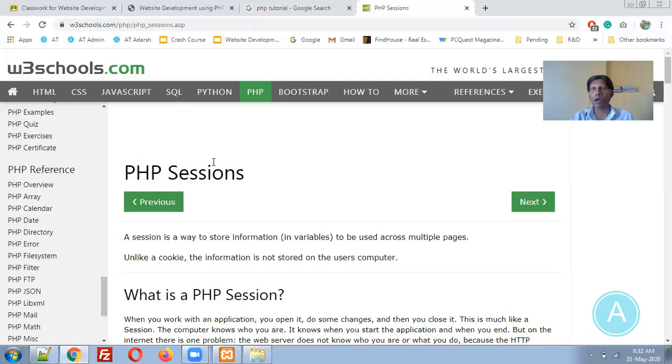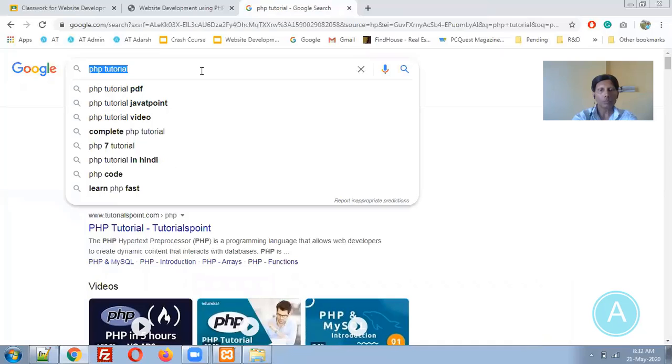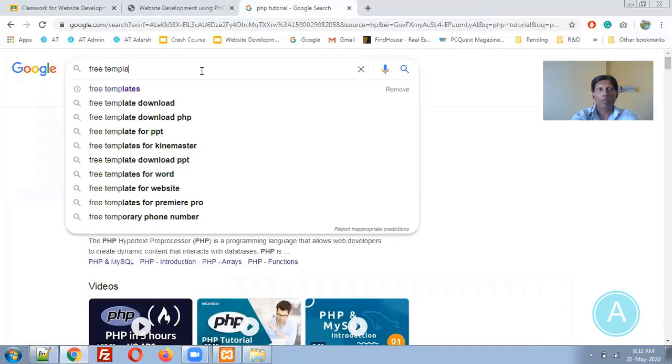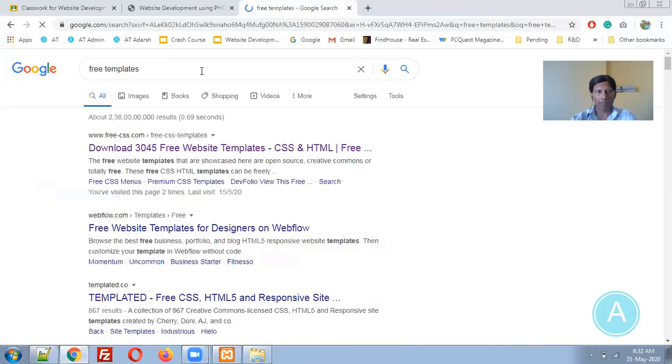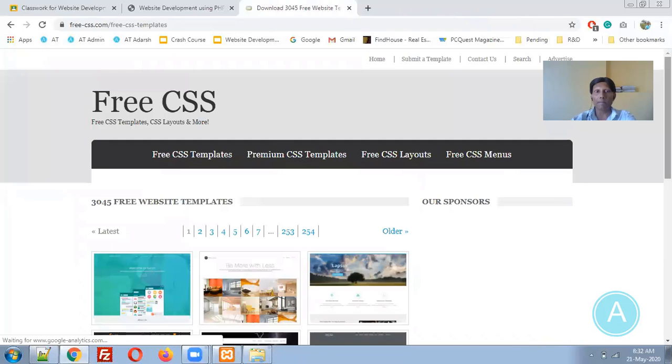Now let us download one particular template and develop a website. So I am going back to Google. I am searching for free templates. I am going to this particular website. You can go with any website.